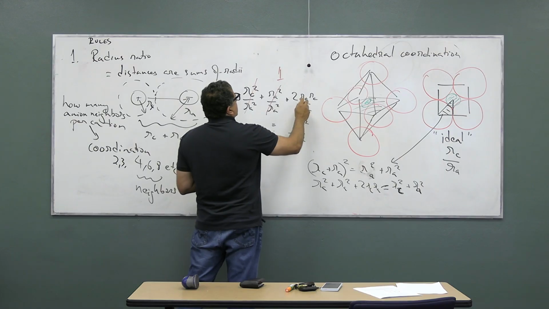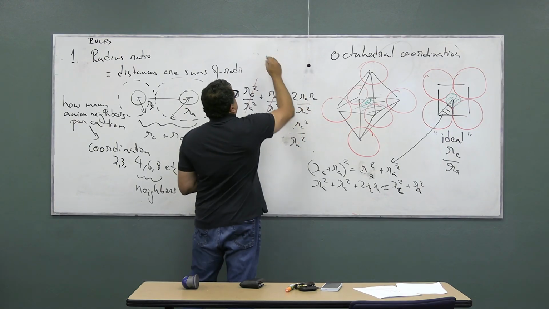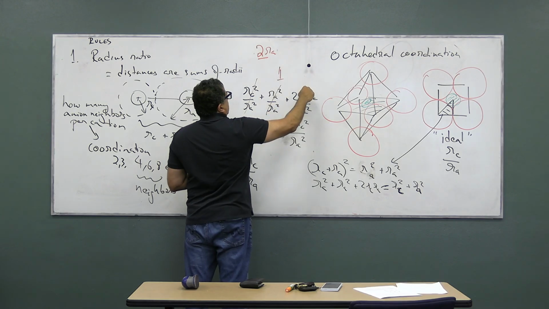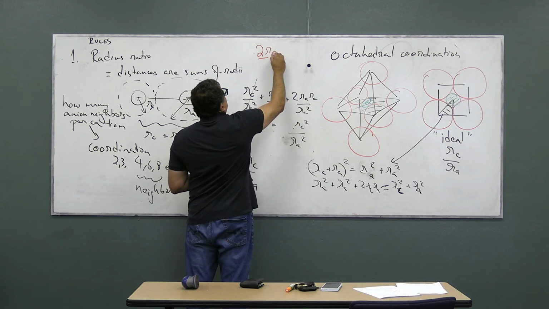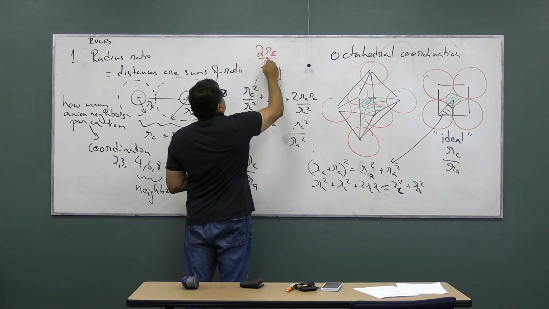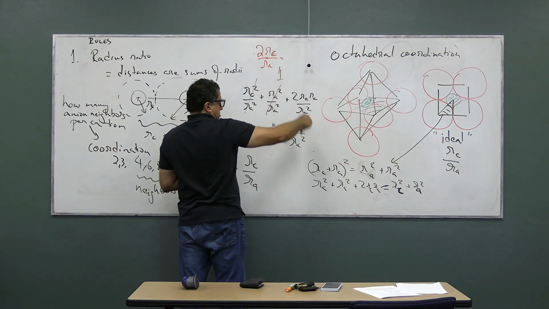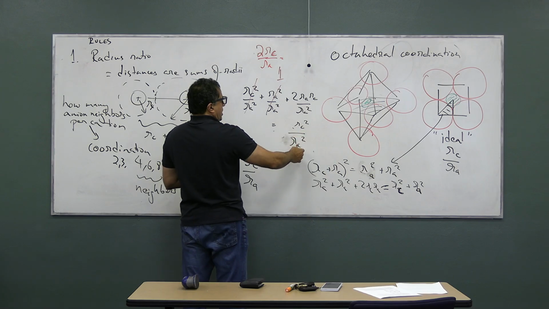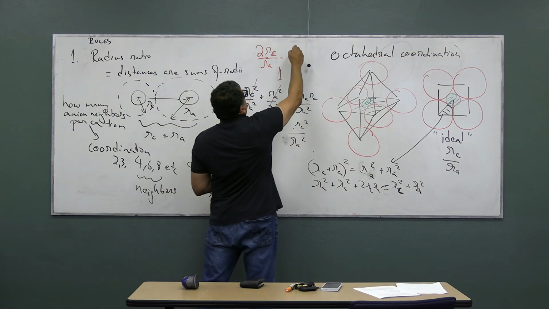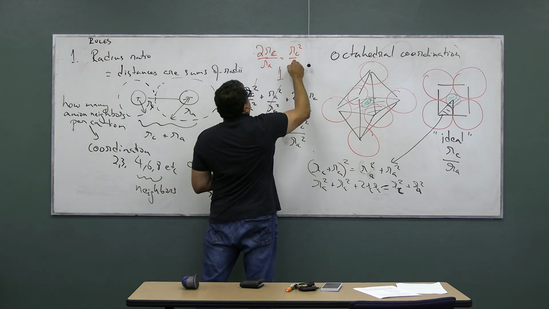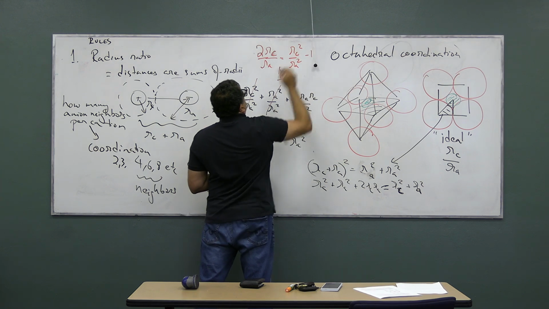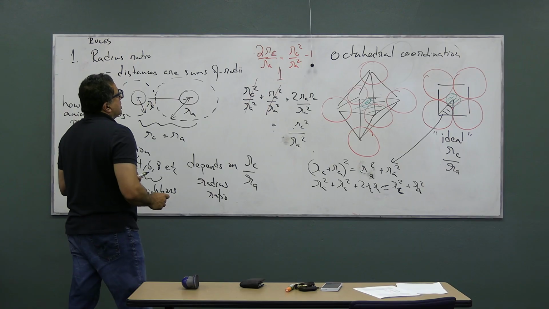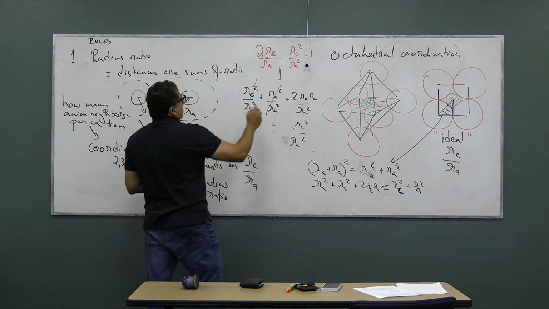And this is 2 RC over RA. Is equal to RC squared over RA squared, RC squared over RA squared minus 1. Right? So RC over RA